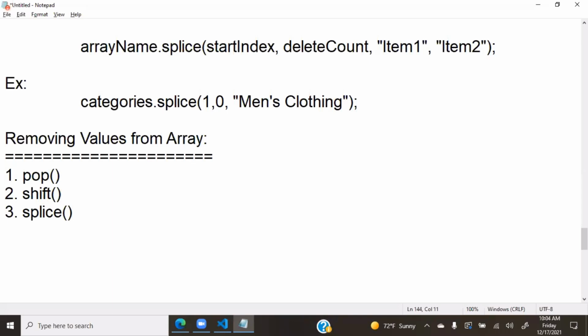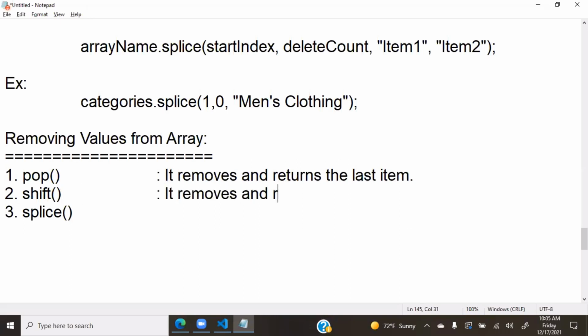Pop removes and returns the last item. Shift removes and returns the first item. And splice removes and returns